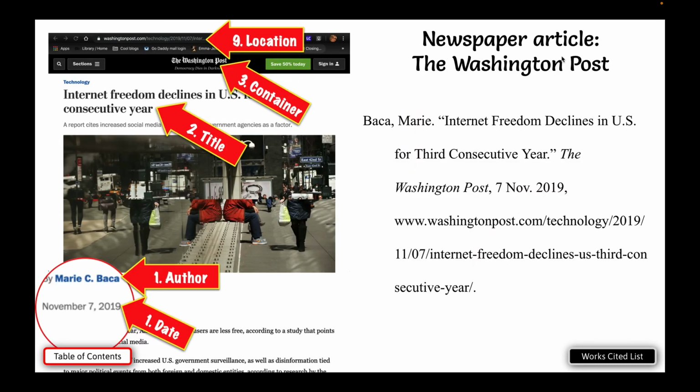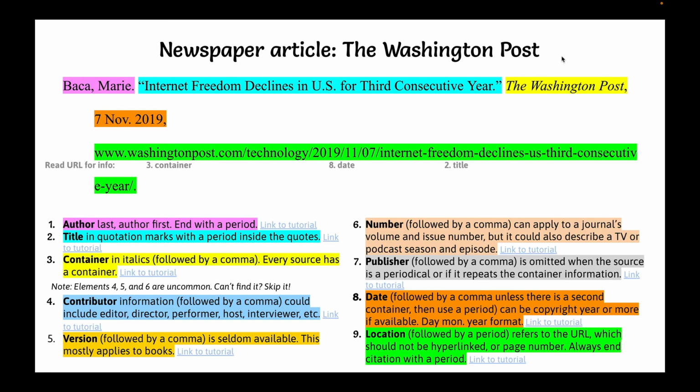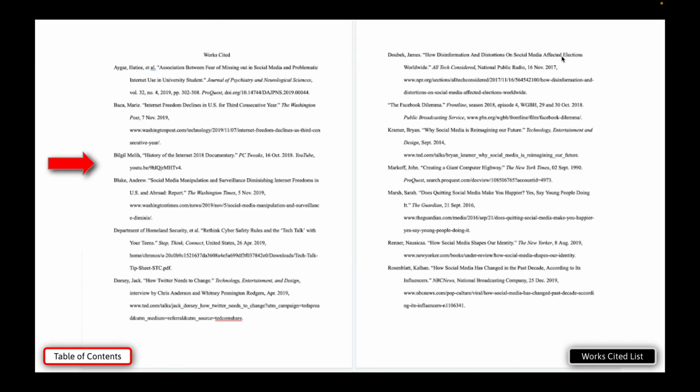And once you look at, this is taking a minute to load. Let's see if I can get it to load. There we go. So it shows you literally where on the website to look for the 9 elements, and then it gives you an example of what it looks like cited properly. And then right here you have it color-coded by MLA 9 elements. So the pink is the author, and the blue is the title, and the yellow is the container, etc. This one's going to be slow to load too, I can see. There we go. And this is what it looks like in the actual works cited list.